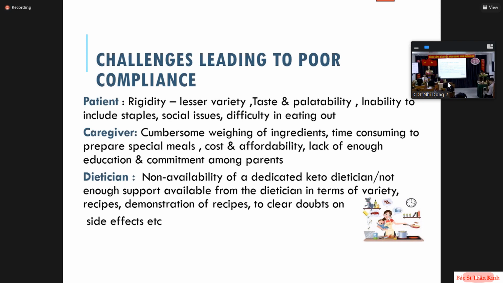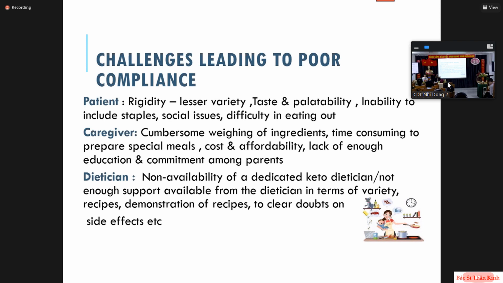And also, at times, the patients' caregivers are not educated enough to be able to actually follow the instructions given to them by the dietitian. And the third and the most important resource that any ketogenic team would have is a dietitian. And even at the level of a dietitian, there can be challenges which lead to poor compliance, like non-availability of